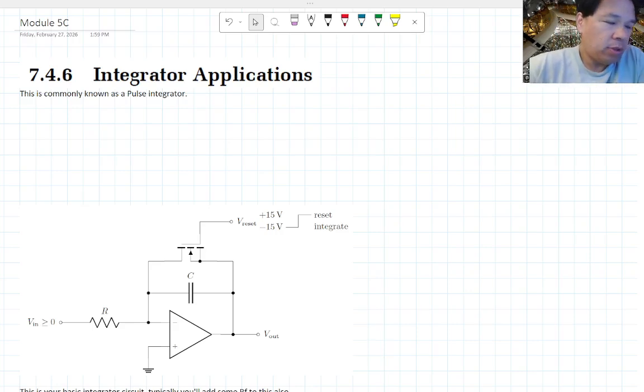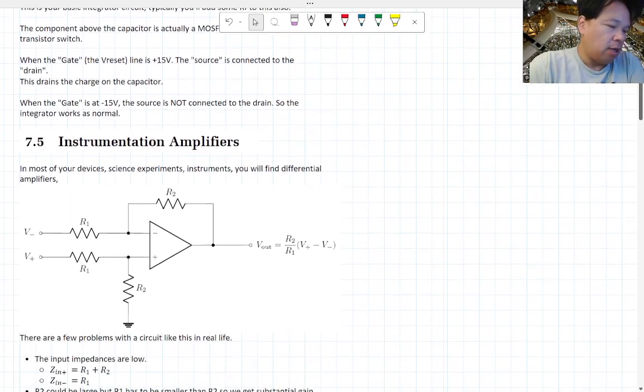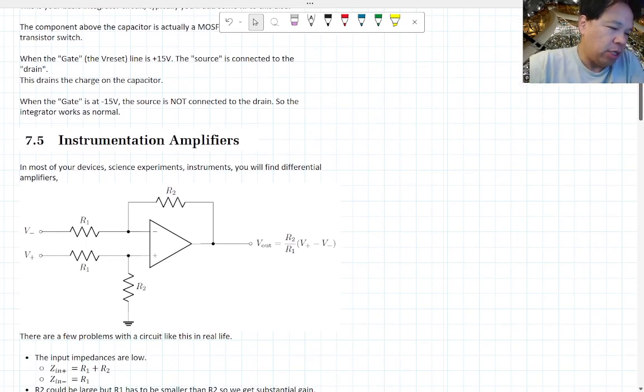Hi everyone. So today, in this lecture, we're going to wrap up the pulse integrator that we didn't get to cover in lecture 5B, which is the last section in 7.4. But the main focus of this video is going to be on instrumentation amplifiers, and this is actually what most